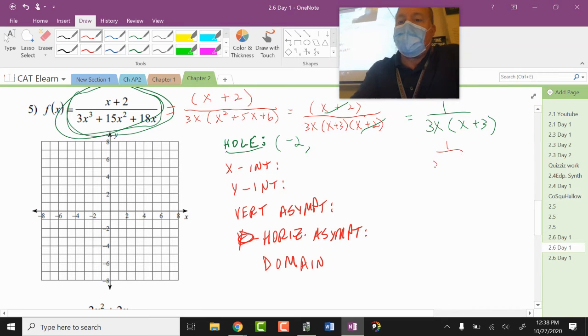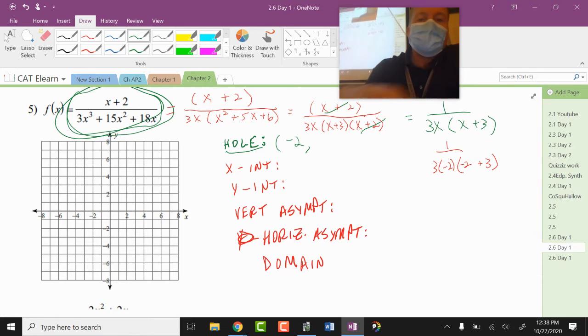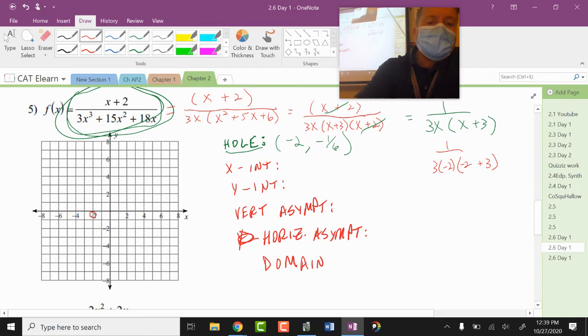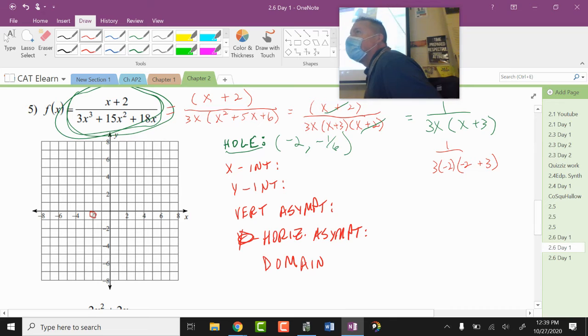So 1/3 times -2 over -2 plus 3. Just for purposes of time, this becomes -6 times 1. So it's -1/6. Then I'm going to go back to red because graphing in green doesn't look all that great. And this is what I want to do to remind myself that there's a hole there. I put a hole there. Okay, so I know that when I draw this graph, I got to make sure I don't draw it there